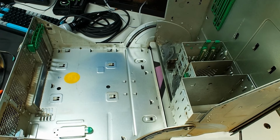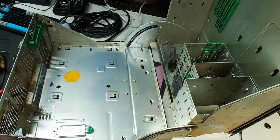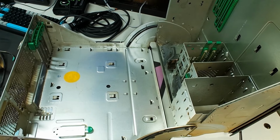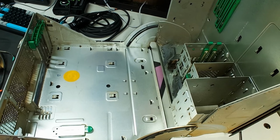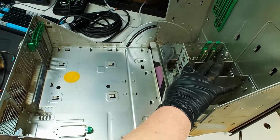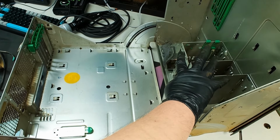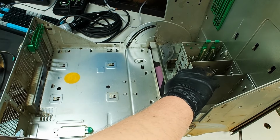Guys, I don't know how salvageable this thing is. It is so disgusting. And the only thing I can imagine cleaning it up is like a pressure washer and some cinnamon soap. Like some cinnamon infused soap to counteract the smoke smell, because when I hit it with the leaf blower just a little while ago, the smell, I'm sorry, I'm trying not to gag. The smell was so strong, in fact, that I